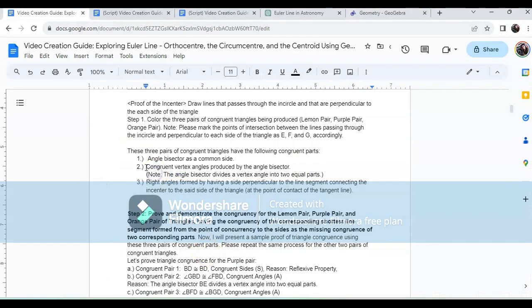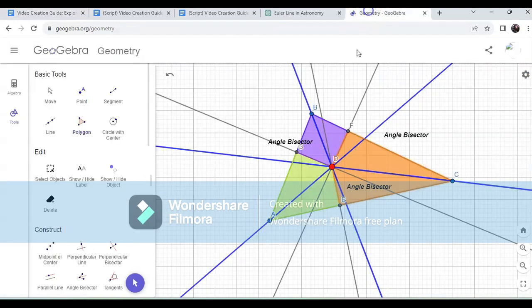And we also have congruent vertex angles produced by the angle bisector. Here's an important note: the angle bisector divides a vertex angle into two equal parts. For example, the vertex angle B, and we have the angle bisector BD. The angle bisector BD divided vertex angle B into two equal parts,